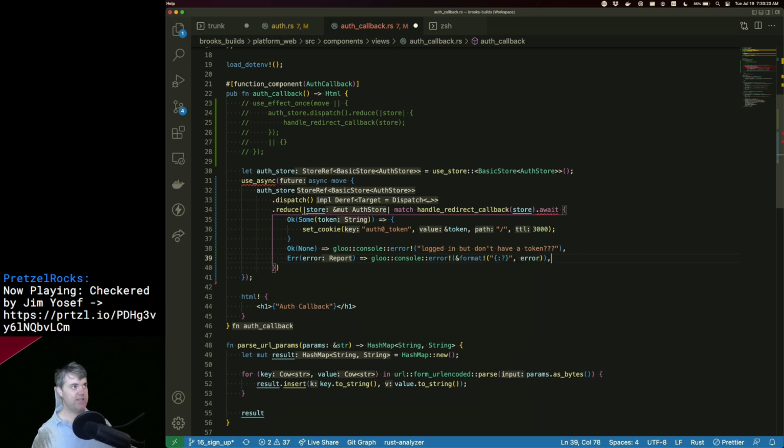And we'll just print out that error. We can give it a title. So this will be error handling callback.